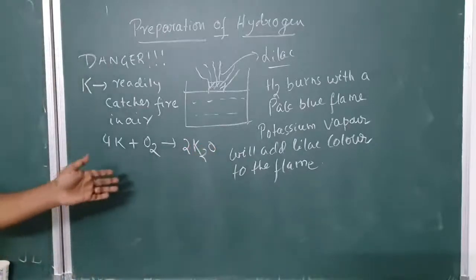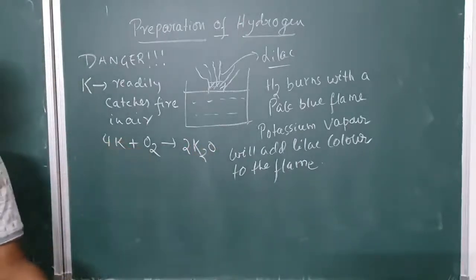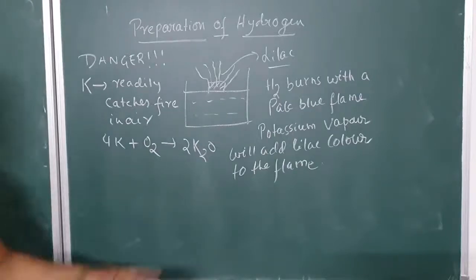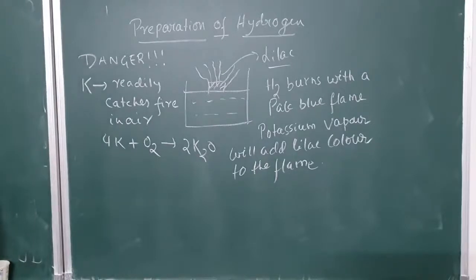What is this reaction? Oxidation reaction. Anything reacts with oxygen means it is burning, combustion. Anything reacts with oxygen, it is called combustion. It is not only that carbon and paper burning in oxygen is combustion. Potassium burning in oxygen means combustion of potassium. Paper burning in oxygen is combustion of paper. So similarly potassium burning in oxygen is combustion of potassium. So it readily catches fire and it is very dangerous to handle it by your own hand, or even it is dangerous to keep it somewhere.